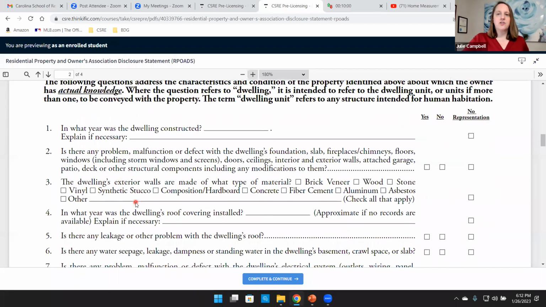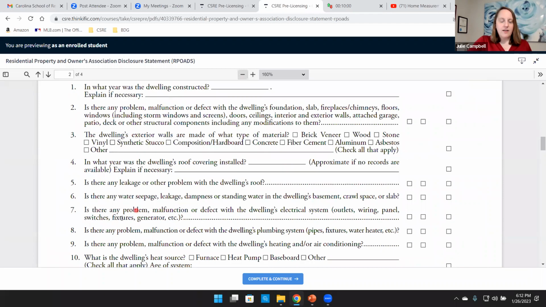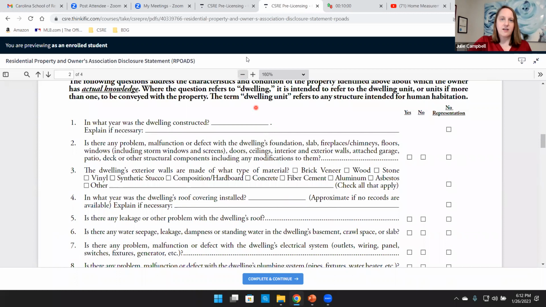So then we go to page 2, and I'll let you guys look at this. We're going to scroll through pretty quickly, but you can see we're going to ask a lot of questions about the home. Is there any leak with the roof? Is there any water seepage or leakage? Is there any problems with the plumbing system, with the heating and air conditioning, etc.? And we're going to go through a page and a half and ask sellers about known problems of the property,